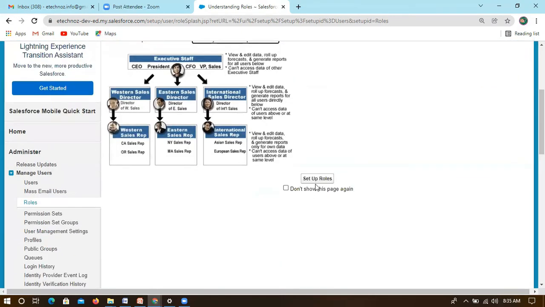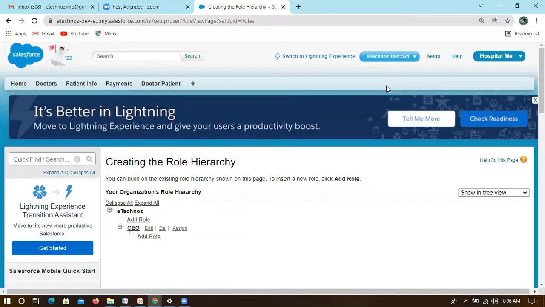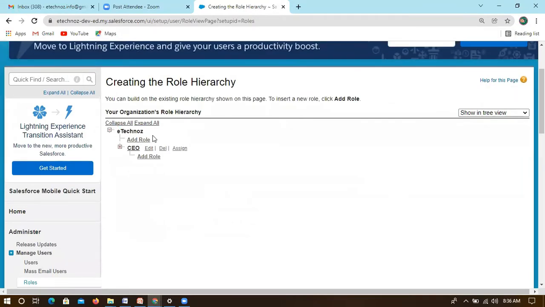And you can go with set up roles. If you click like this, we can see the first initial role which we came up with, the actual user, the system administrator user. So this is the first role. You can add one more role here, or you can see CEO. That means eTechnos, which is a system administrator, which is a super user, we said, right? This eTechnos user is a super user, having system administrator permission, which also has view and modify access for all object levels, so that you can access the entire system information and all system permissions he will have. So that is why he is on top first.